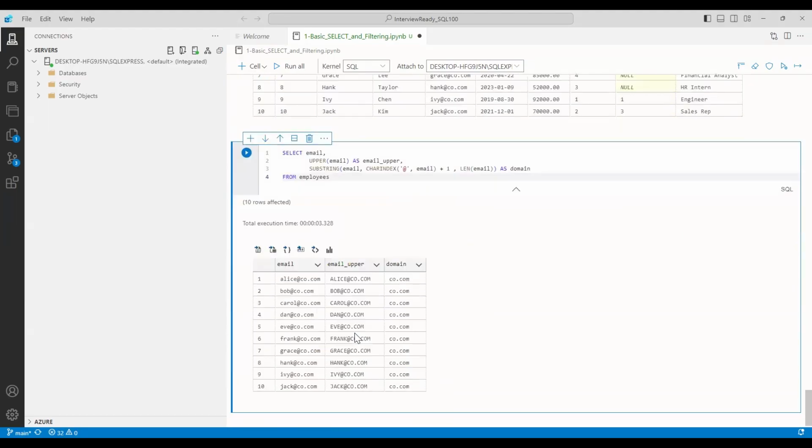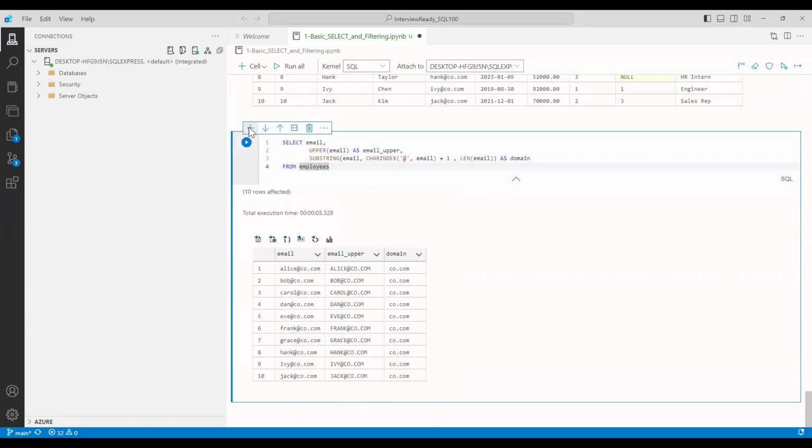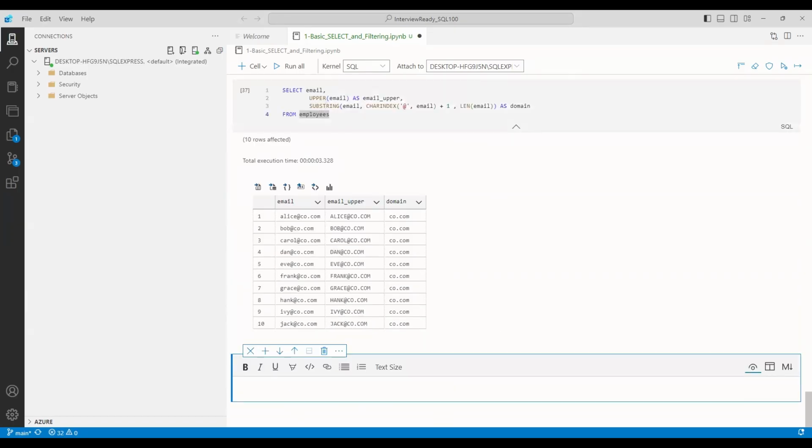Okay, so similarly, we'll move forward to the next question. The next question can be for the conditional logic, which is the case when statement. So let's see what type of question comes for the case when statement. Let's take a question like